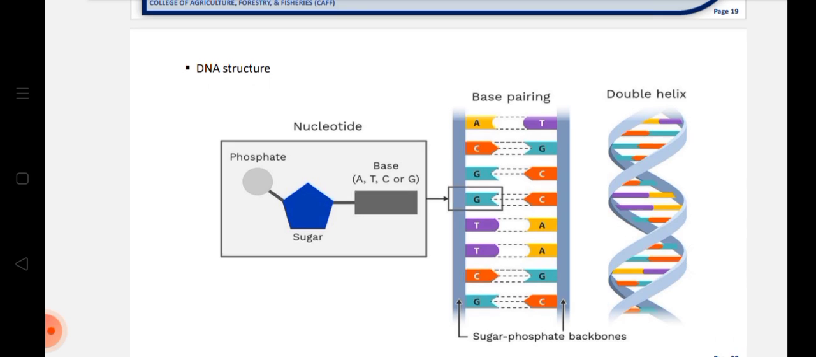Okay, so we have here a picture or diagram of DNA structure. So DNA, or deoxyribonucleic acid, is the molecule that carries genetic instructions in all living organisms. Each DNA strand is made of repeating units called nucleotides. So nucleotides are the building blocks of nucleic acids, okay? And this consists of a phosphate group, a sugar called deoxyribose, okay? Ang sugar sa DNA is called